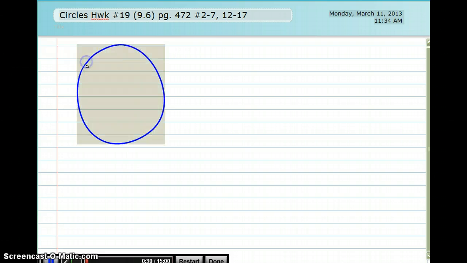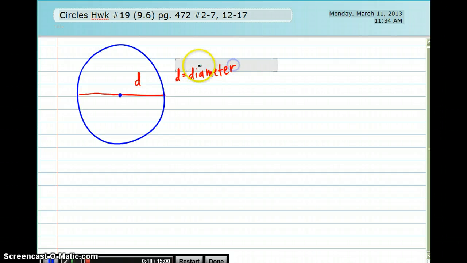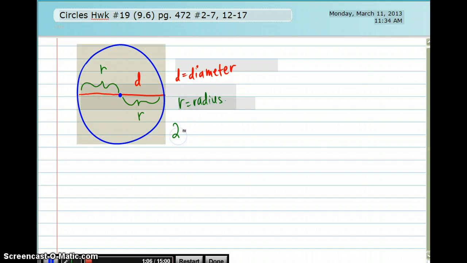Let's talk about circles. Circles and pi are related. I'm going to put a center dot in my circle. If I were to measure from one end to the other end crossing the center, we call that the diameter. D for diameter. You might have heard of the word radius. R for radius. A radius is just half that distance. So from the center to the edge, that's the radius. Even from the center to the other edge is the radius. Now 2 radiuses, 2 times radius, will equal a diameter, and that's what you see here in the